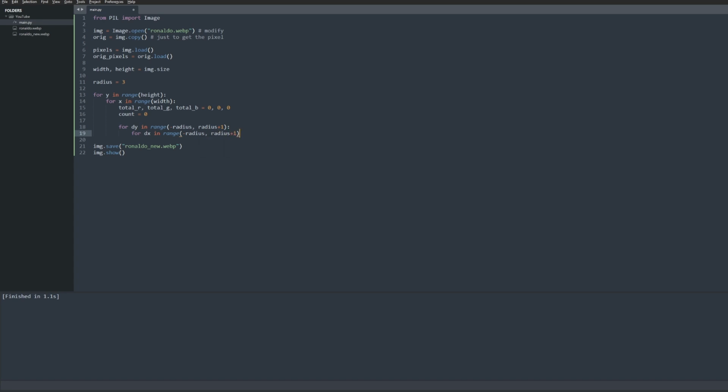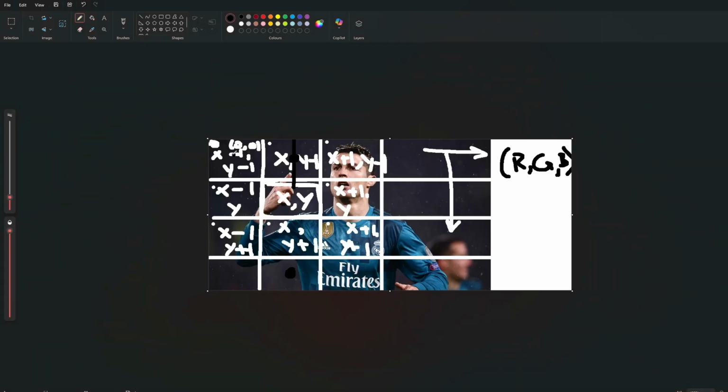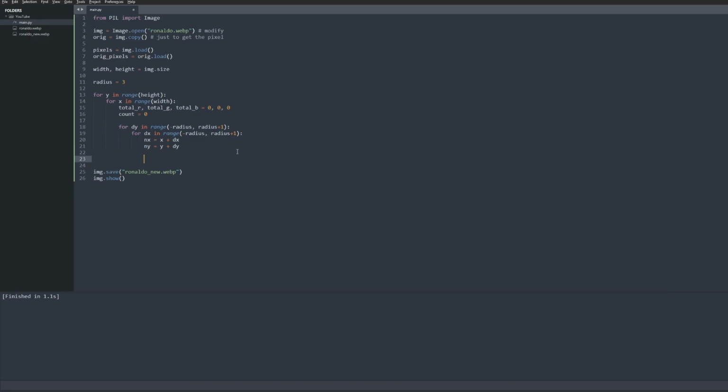plus 1. Now that we are looping over every square, we are going to set a new x and a new y, which is just adding that radius onto the x and y value. So new x, or nx, is equal to x plus dx, which is the offset right here. Same thing for this one, ny is equal to y plus dy. And now here's the edge case again. We're going to check if we're accessing something that's outside of the image. And for this example, actually, it's going to be much easier to understand in code, because all we're doing here is that since we have the new x and new y, all we really have to do here